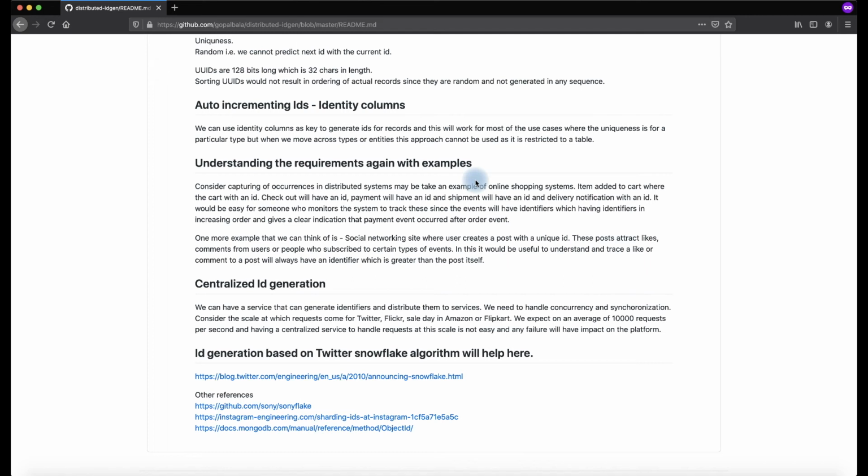What is the other possible way? We can look into a centralized ID generation algorithm, which is similar to what is happening in the table. But we will not go to the backend to generate the table, because the backend is another moving part, which is a different thing. So what we can do is come up with an ID generation algorithm. What are the ways that we can generate an ID?